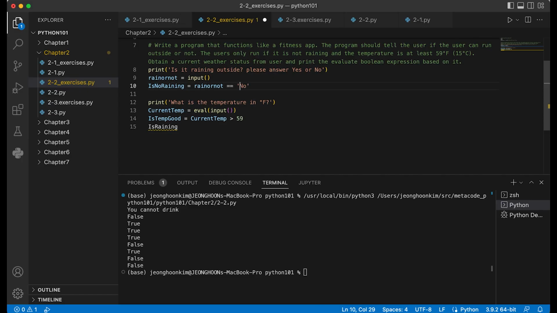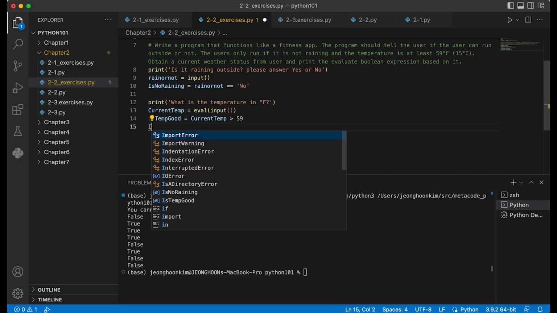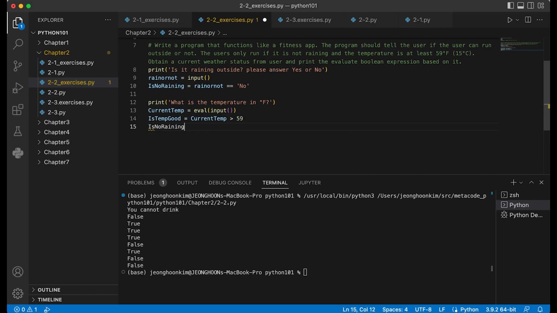If it's no, then we store true. No raining is true, and temperature is true, then they can run, right?